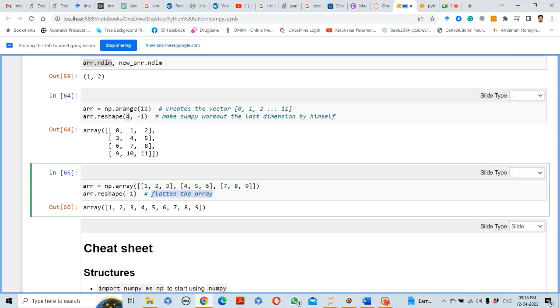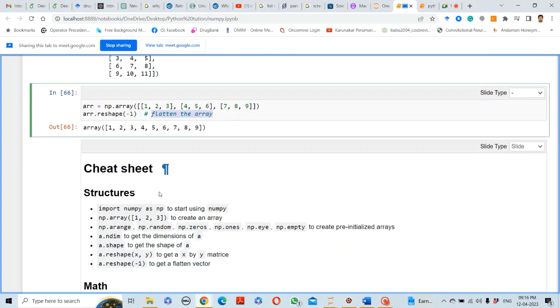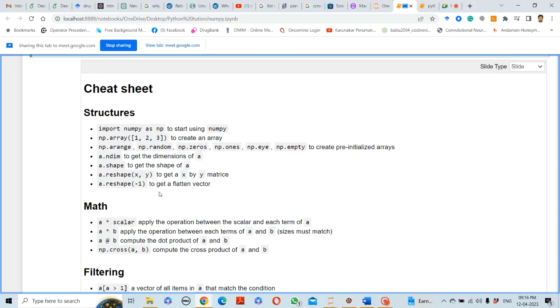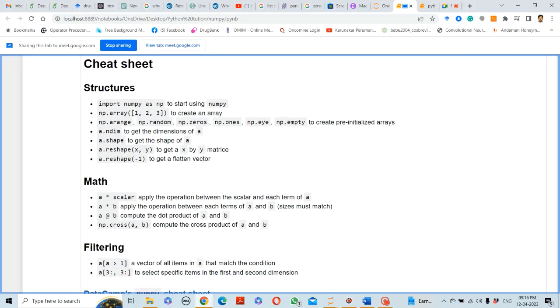Okay, so these are the very important features that we have in NumPy arrays. And there is a cheat sheet over here for you. You can use various mathematical operators and filtering, which we have already discussed here. So these are the few points in NumPy arrays that you have to remember when you start writing programs and use NumPy arrays in your